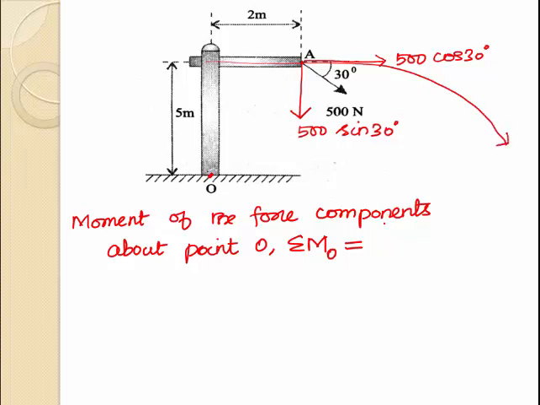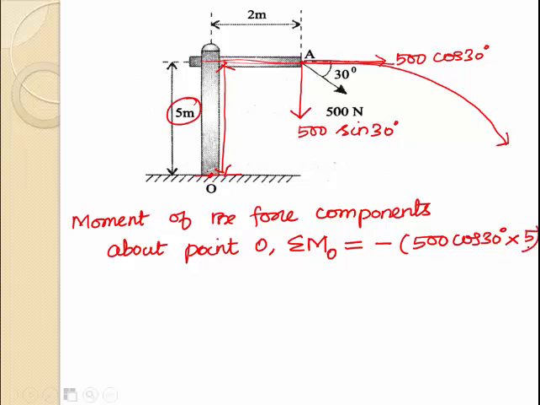Okay, so the sign for the bending moment due to this force component is minus 500 cos 30 into the perpendicular distance between the considered force component 500 cos 30 and point O, which is given as 5 meter, so into